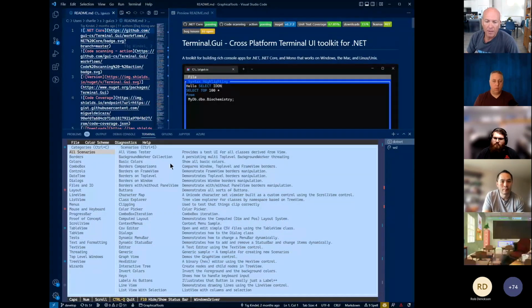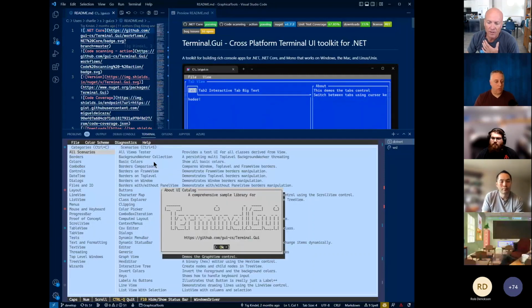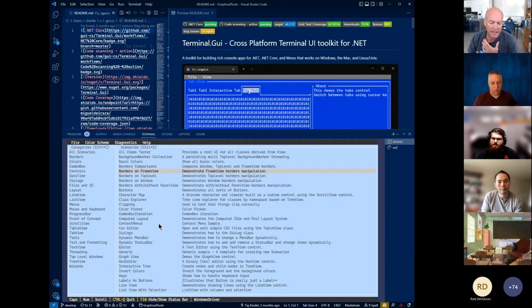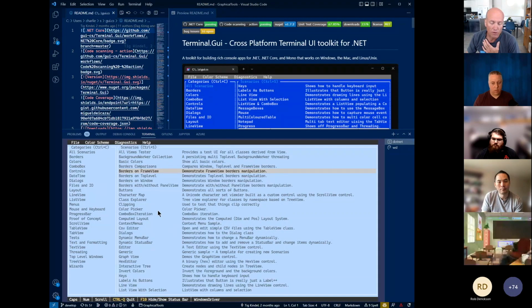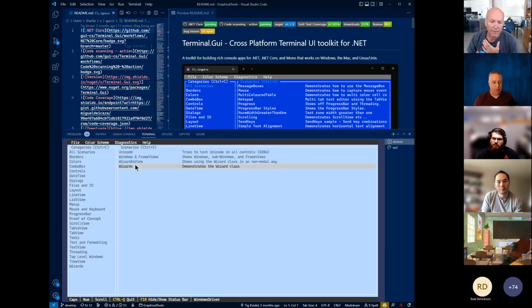This is the demo app that we built as part of terminal.gui, and as you can see, terminal.gui has all of the things you'd expect in a graphical UI library. For example, we recently added the ability to have a wizard framework.